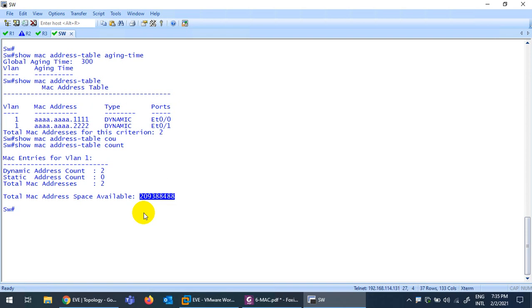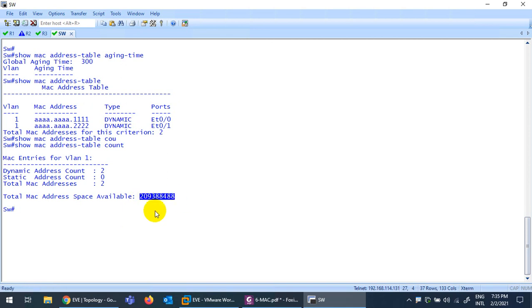So that's why after every 300 seconds, if somebody is not doing any communication, they will wash out that record, because you are not communicating. When you communicate again, I will keep your record again. That's why the type is dynamic. To give space to the new person. Suppose this switch is in an airport. Everybody is going and connecting, and a time will reach when the MAC address table will be full.